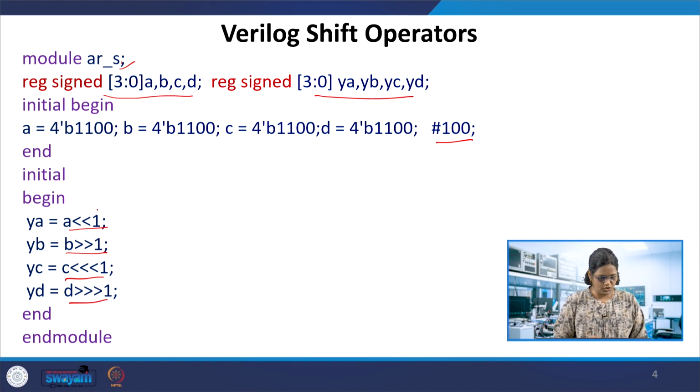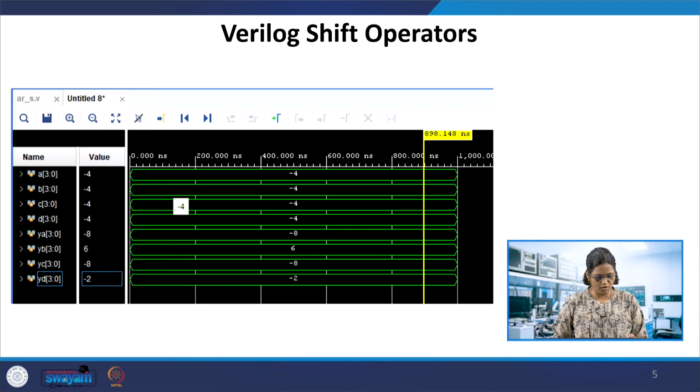So how does this module give the response here? You can see A, B, C, D are the same values, which are the inputs plotted, and -8 for left shift and right shift. In the left shift there is no difference between the two, -8 and -8 in the waveform editor, whereas here it makes a difference, these two will be different. So this is the not-equal case, giving -2. So it is apt to use the arithmetic right shift in place of dividing this number. This is about the Verilog shift operators.